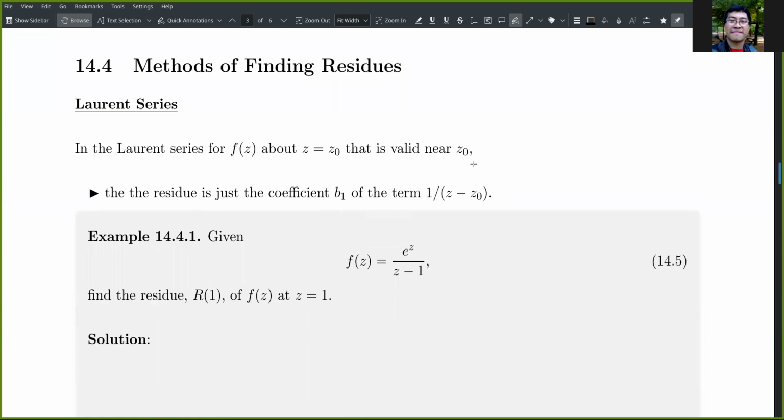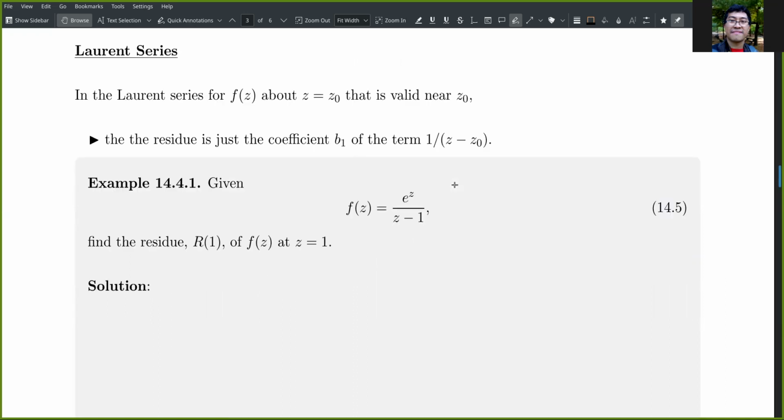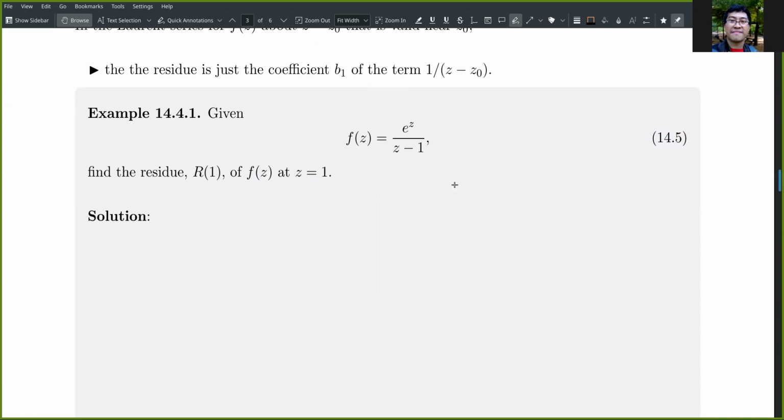There are several methods of finding the residues. For example, the most basic would be a Laurent series. In the Laurent series, if we can reduce it, the residue is just the coefficient b1 of the term 1 over z minus z naught. For example,